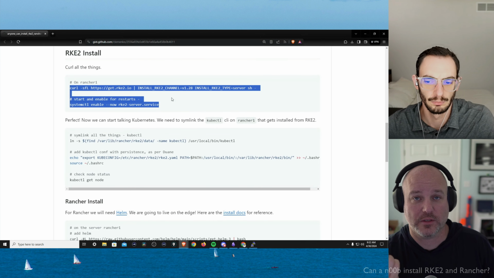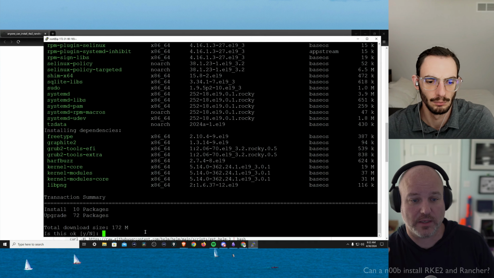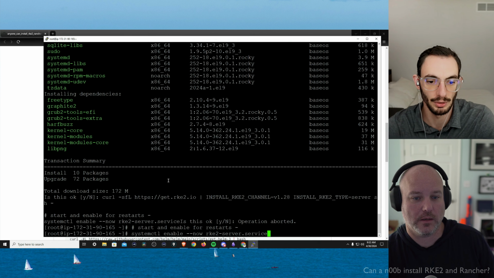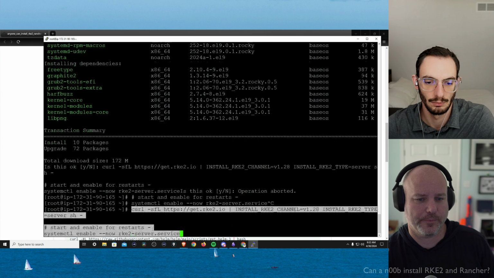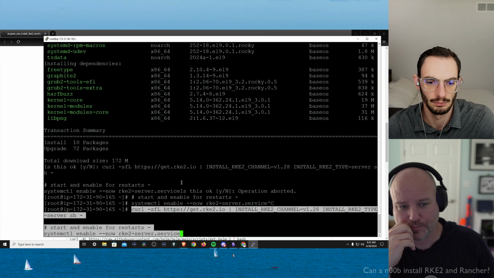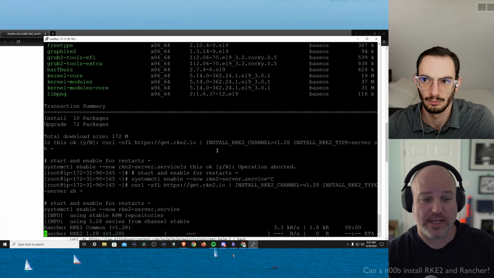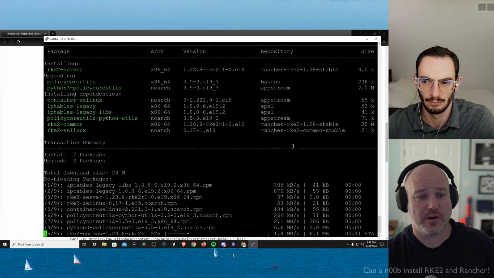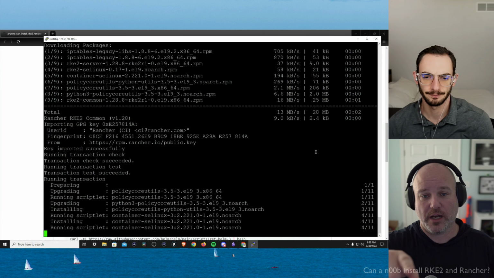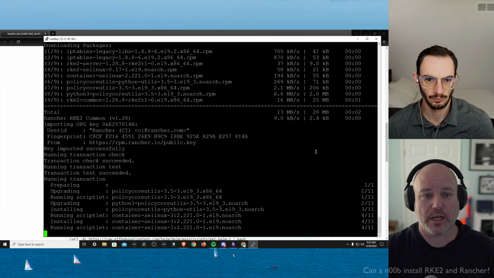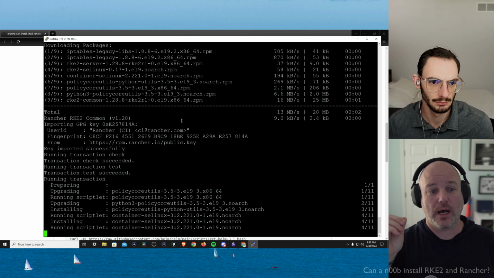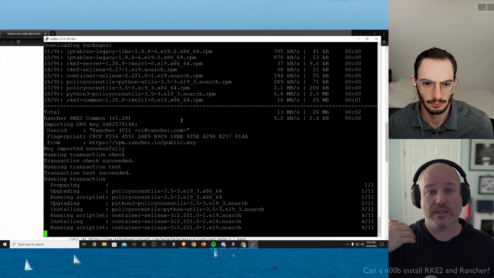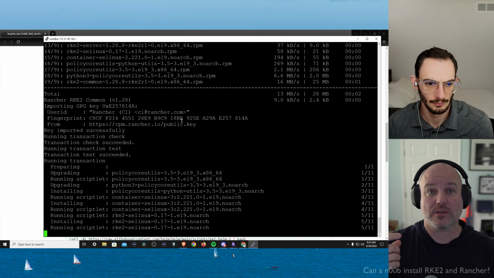So literally, you can go ahead and copy both of those. What it's going to do is the curl pipe bash. Go ahead and paste it in. Hit Control C, now hit paste again. There you go. You can right mouse click there. Perfect. That'll work. So it's getting the install script, it's setting those two variables. When it does the install, I don't know if you can see, it's pulling version 1.28. Yeah, right here at the top. And once it's done installing all of those packages, it's going to start the service.